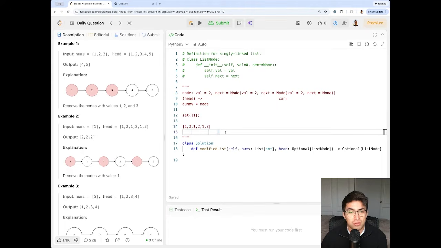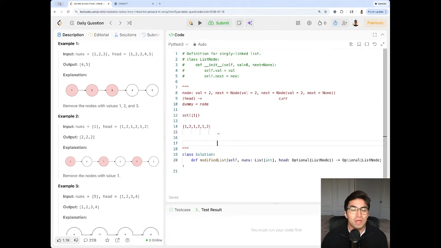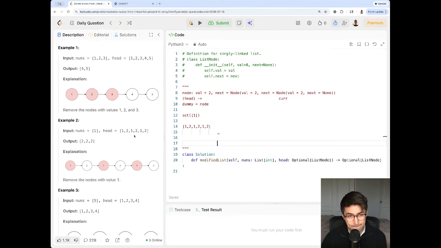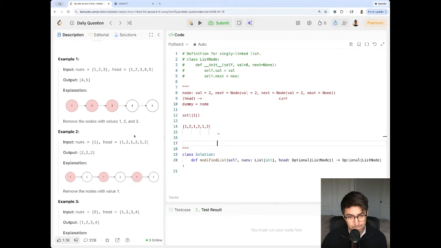So let me think of another solution, one that we could potentially just modify the linked list and save space. Okay, the other thing I'm thinking of is